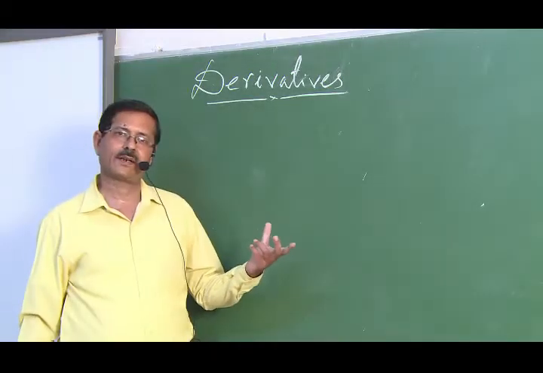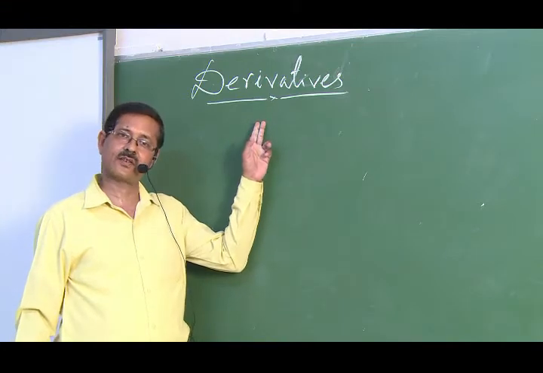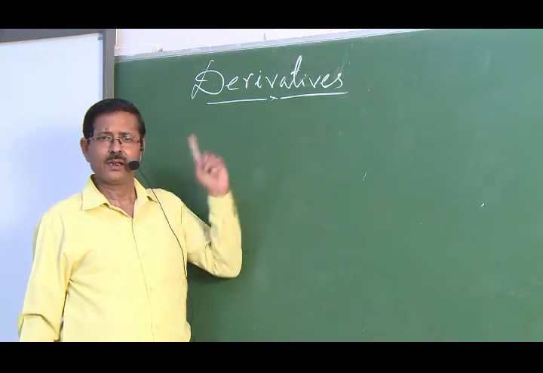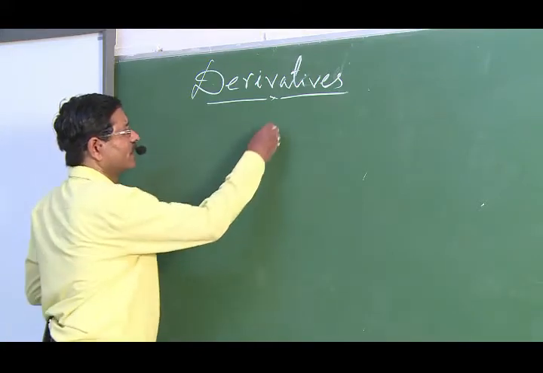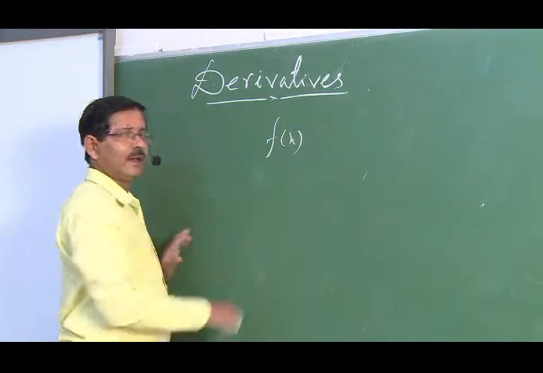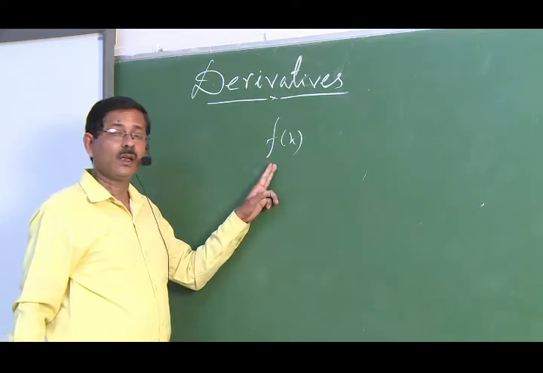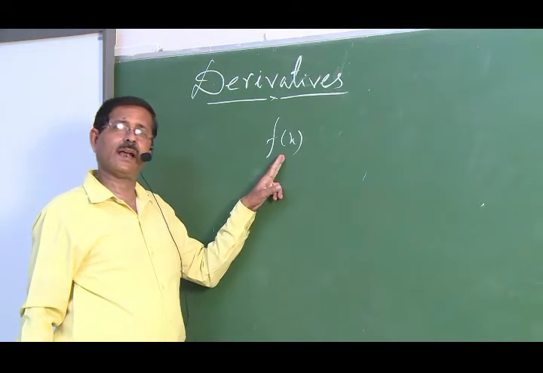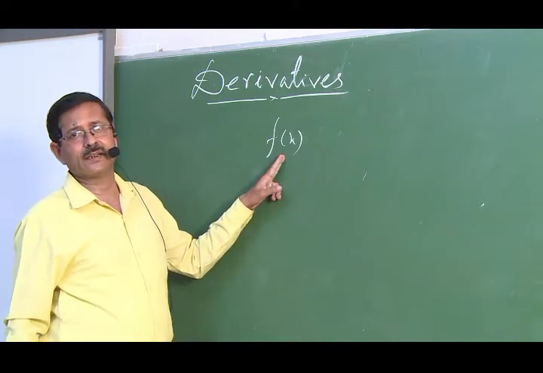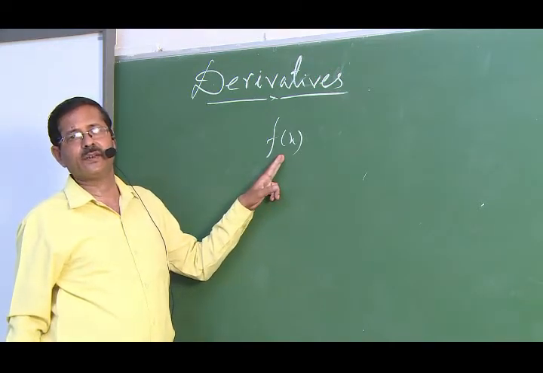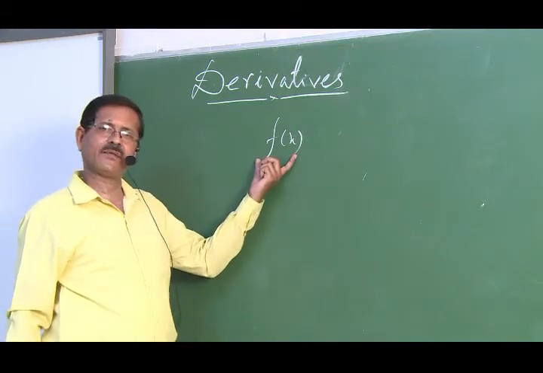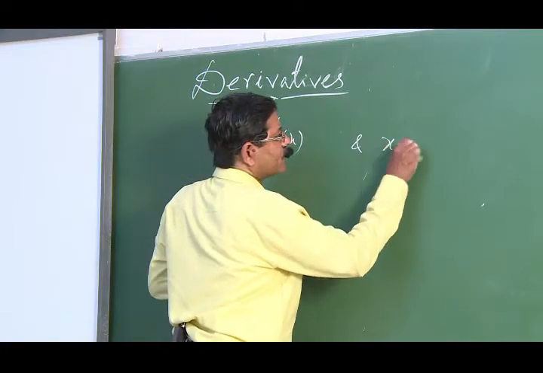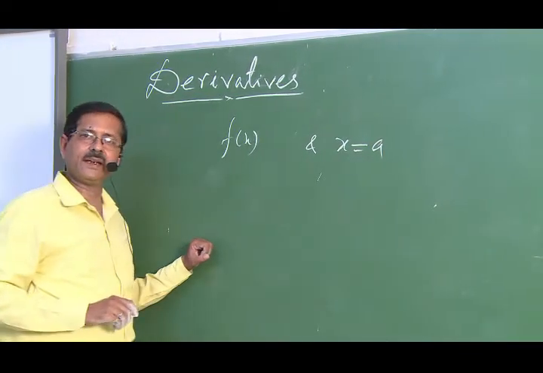Now, the next topic is derivatives, or differentiability, or differential coefficient of a real valued function. Now, let us consider f(x). Let f(x) be any real valued function. Now, what is a real valued function? A function whose domain and codomain are either the real set or a subset of the real set. Let f(x) be any real valued function and x = a be any point in